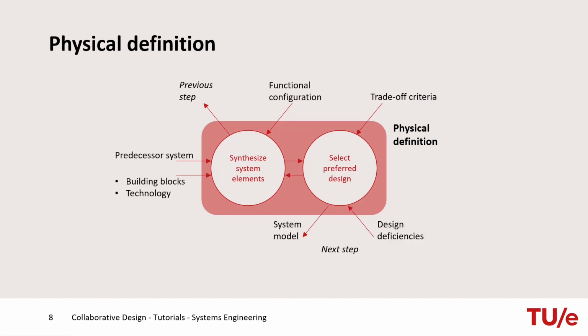The third step is physical definition, also named synthesis or physical analysis and allocation. This step is often considered the real design step. In this step you'll use computer design software for drawing models of buildings and for drawing maps of the urban environment. Use design software that is available from the university software library or that you can find on the internet. With the design software you specify the dimensions of building spaces and the material properties of building elements. In the map drawing software you specify the road infrastructure, the green space and the street furniture.